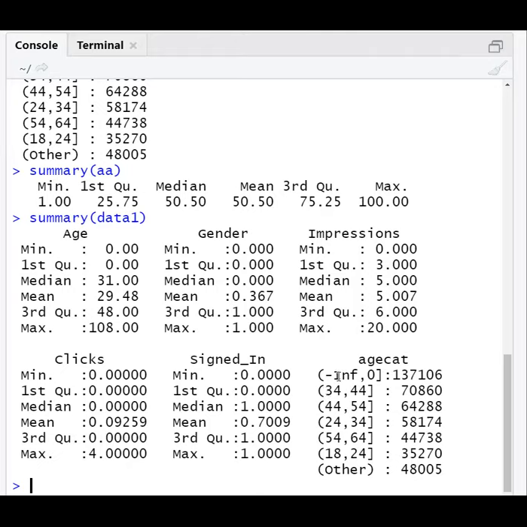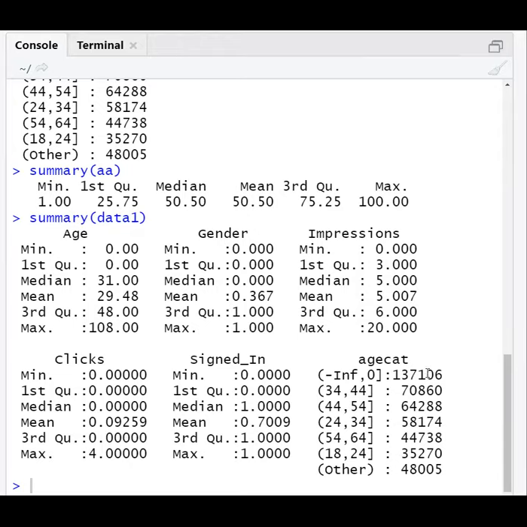Age value will be present only if a particular user has logged in. That is how the data is present in the CSV file. If the user is logged in, age is present; otherwise it will be blank.